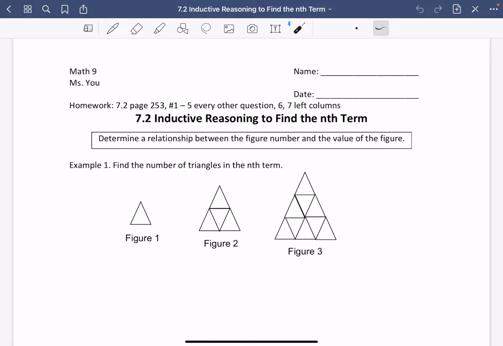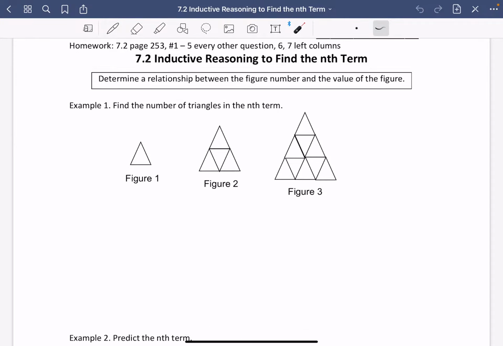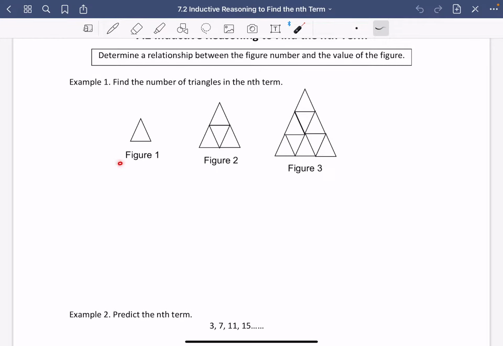Okay? So what we're doing here is we're determining a relationship between the figure number and the value of that figure. So, first example here, we have three figures, and the question asks you to determine the number of triangles in the nth term. Okay, so what I'm gonna do first is I'm gonna make a table, as I think it's the easiest way